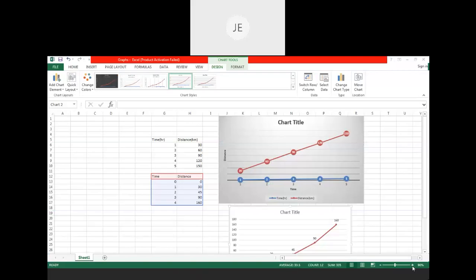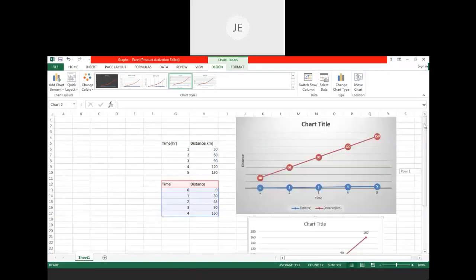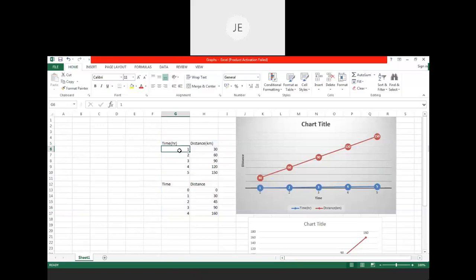For example, if you take any one of the person, like Sagnik only, we have already discussed. In first 1 hour 30 kilometers, second 1 hour 60 kilometers, third 1 hour 90 kilometers, like 4 hours 120, 5 hours 150 kilometers he is moving. In an Excel sheet I'm drawing its graph. So if you see the graph like this, x-axis time and y-axis distance, so it is a straight line. For a uniform motion body, the graph is straight line.